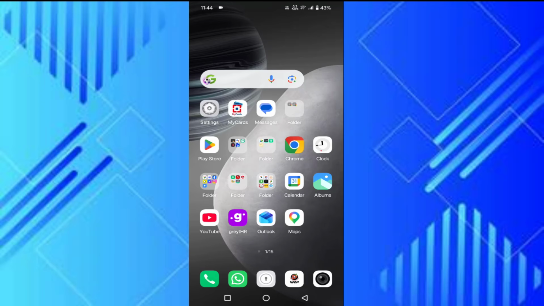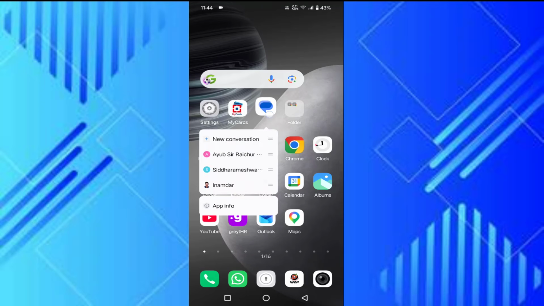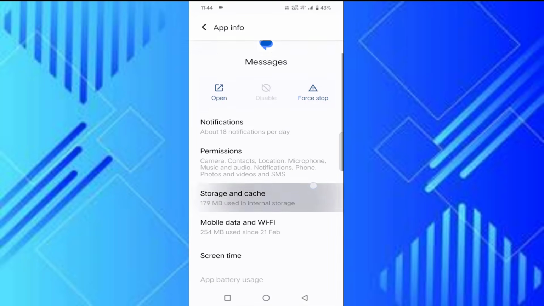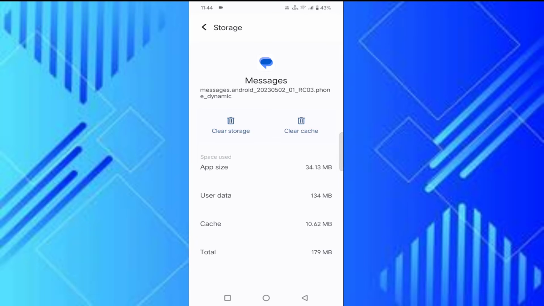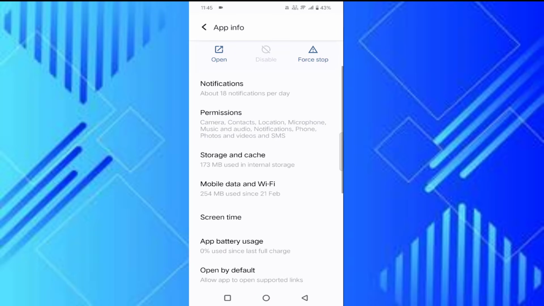Guys, if you are facing the issue when you are trying to open the messages on your Android, then I will show you how to fix this issue. As you can see, the message in my screen, you have to just long press on that, then click on app info, scroll down. Here you will find storage and cache. Tap on that. Once you have to tap on clear cache. After that, go back. Once tap on force stop,